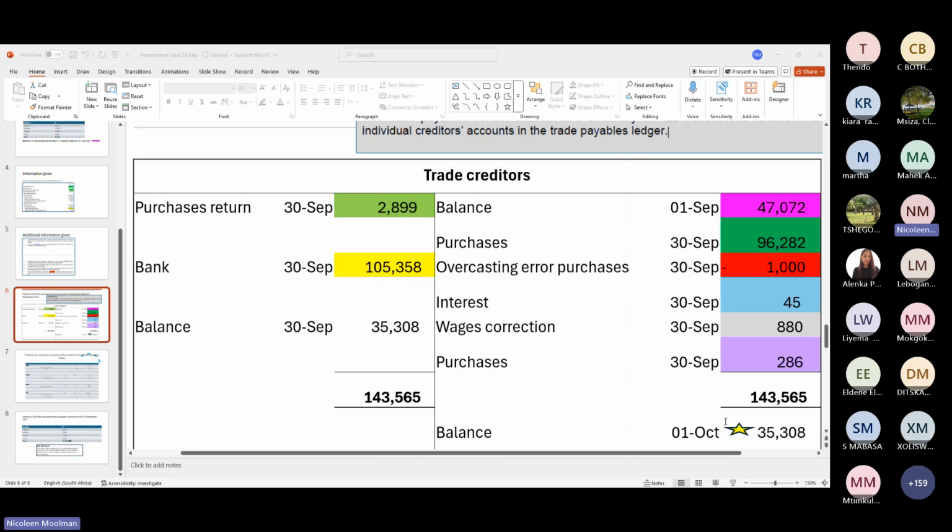Trade creditors, trade payables, same thing. We use it in the same way. If we overpay the creditor, we automatically become the creditor and they become the debtor. Yeah, it's just the inverse. So what we do on receivables, correct, until they pay us back.